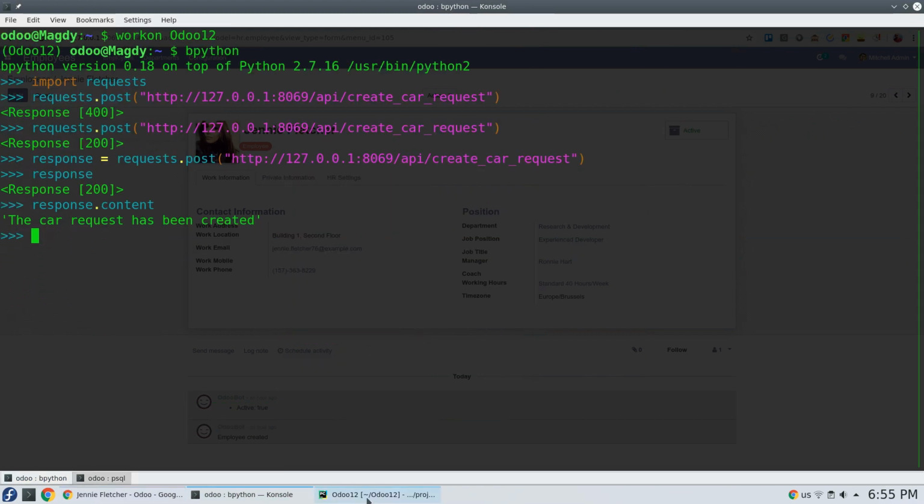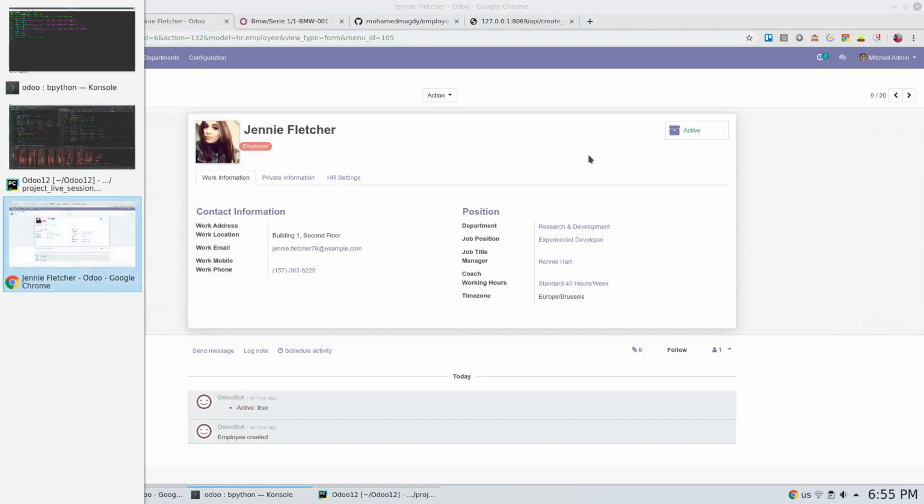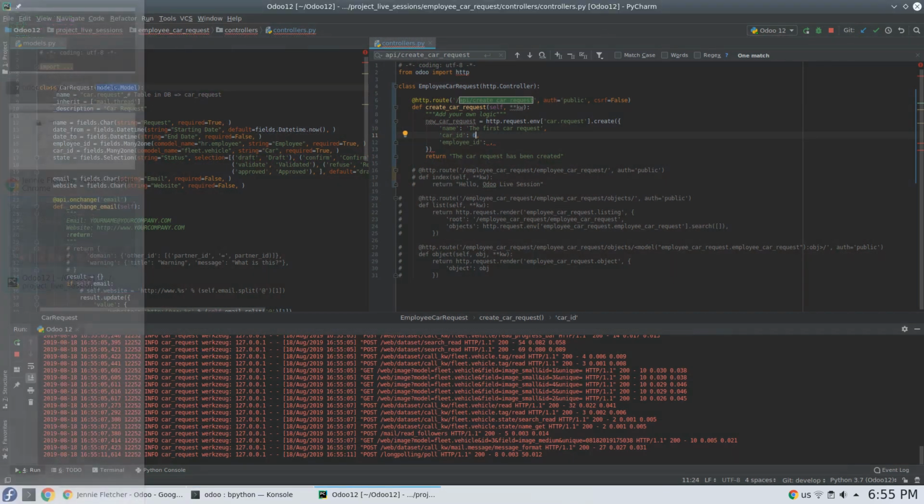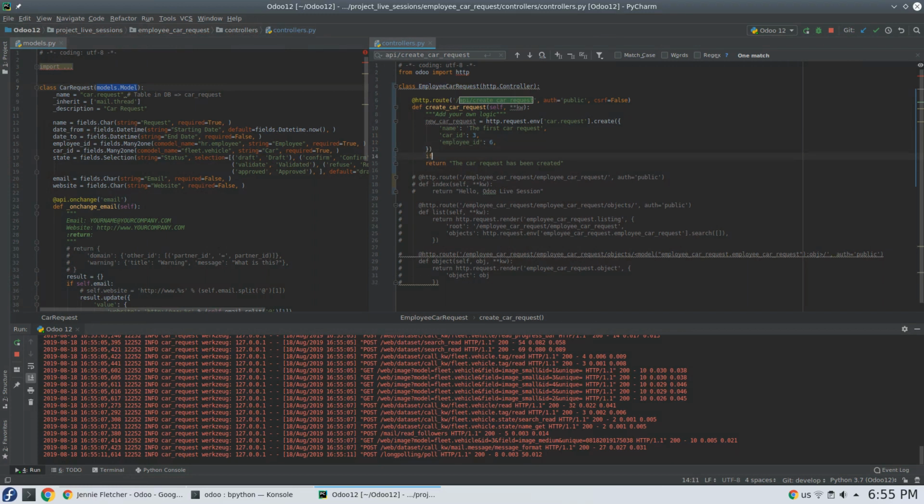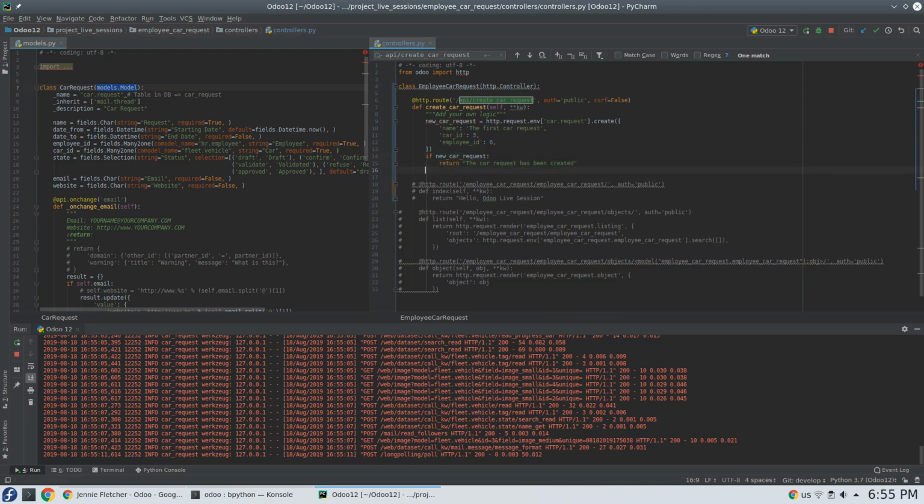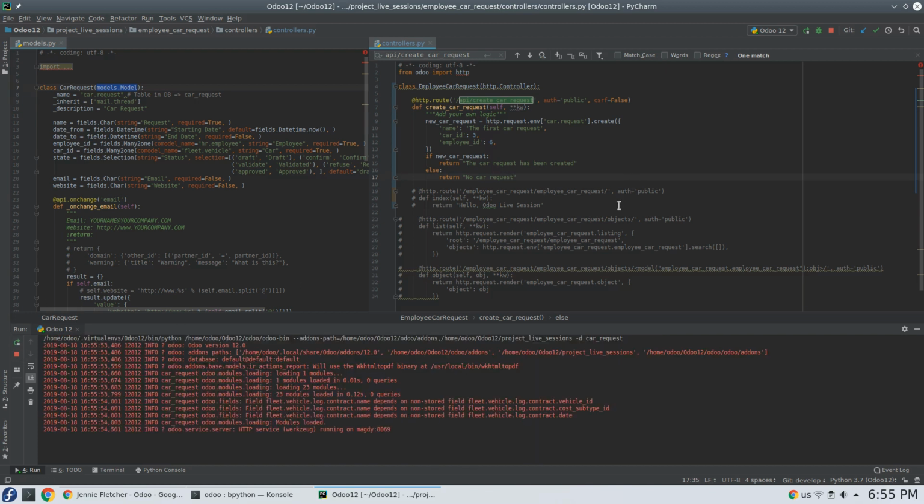Okay, let's move right here. ID 6 for car, right? Am I right? I think I forgot. No, 6 for employee. Okay, so let's say if new car request, okay, else return no car request. By reloading so that these changes can take effect,